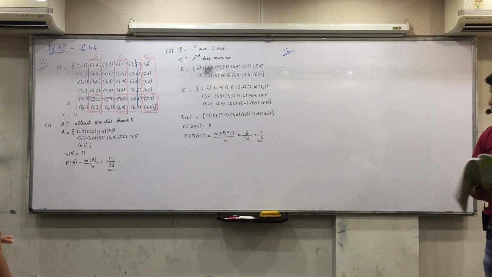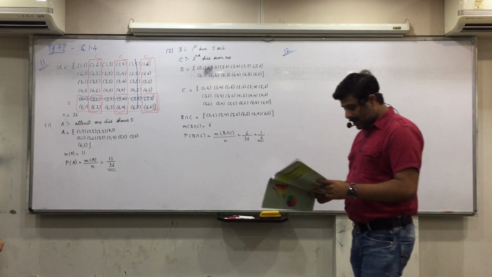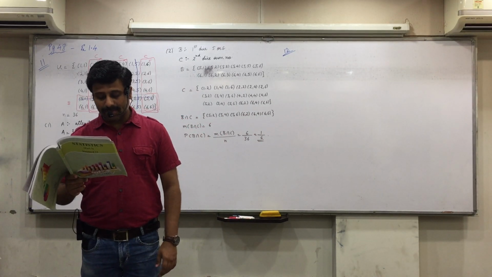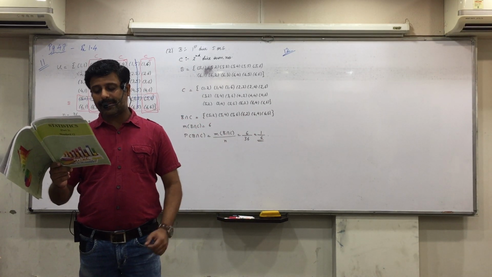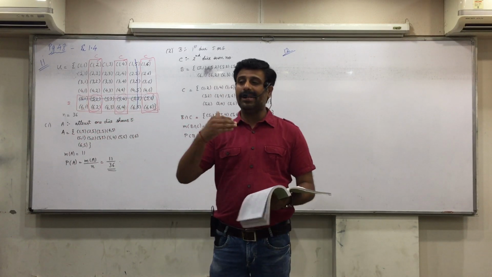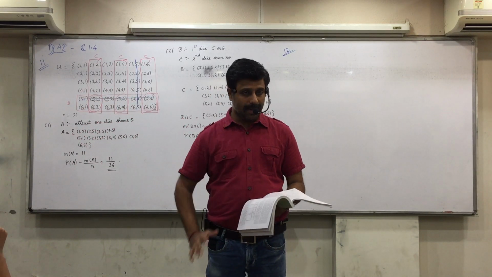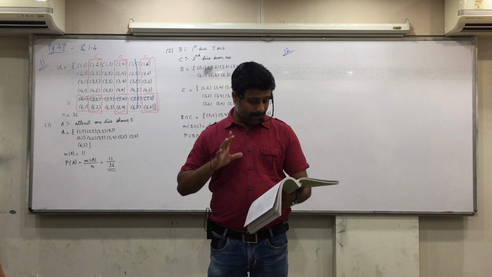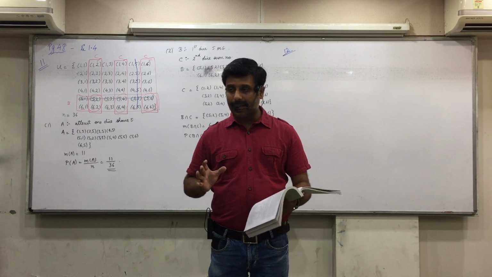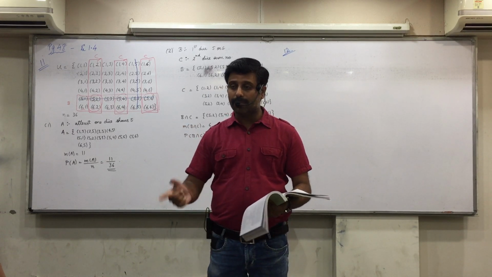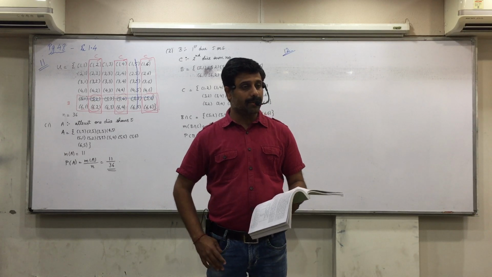A problem in mathematics is given to Tanya, Kathan and Kirti to solve. The probabilities of them solving the problem correctly are 2 by 3, 3 by 4 and 1 by 2 respectively. We define event A that Tanya solves the problem correctly. Then what is PA? 2 by 3. B that Kathan solves it correctly, so PB is 3 by 4, and C that Kirti solves it correctly, so PC is 1 by 2. Any confusion in this?